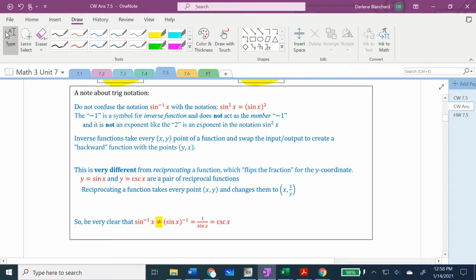Do not confuse the notation inverse sine with the notation sine squared x. Know that when we write an exponent on a trig function, if that exponent is a positive integer,